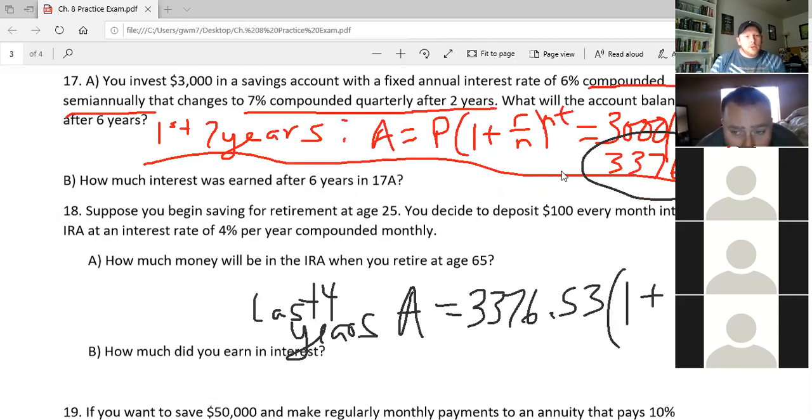And then I plug into that same formula, but now the rate has changed to 7%. And instead of being semi-annually, it's quarterly. So it's happening 4 times a year. Raised to the n times t, well, for this portion, it's the last 4 years, so 4. And that gets us